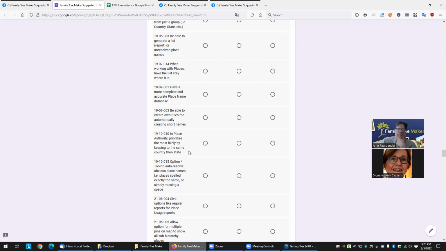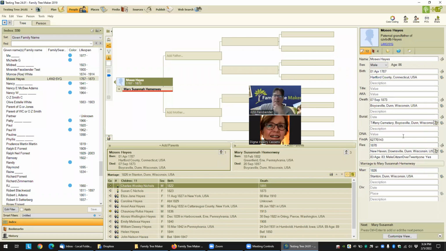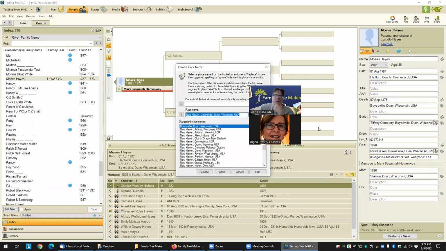Prioritize the most likely, keeping to the same country, then state. Because sometimes when you try to find a place, they can be in different countries. I don't know, what's this one do? Like New Haven. Well, this one is sticking to Wisconsin, but here there are things for Ohio, West Virginia, because sometimes it alphabetizes the list. And here they got New Haven, Belize. Is like, okay, well,